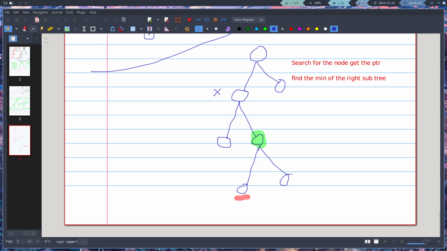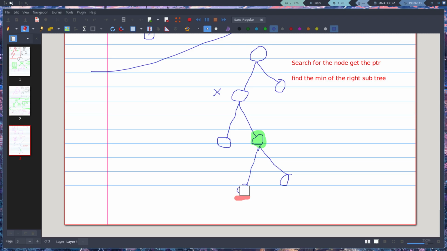And so then what you do is you copy over this value here. Okay? And then you delete this value off. That's what you do. And so then what we've done essentially is reduce this problem, right? If you can imagine, we've copied this value up here, and we didn't break the structure of the binary search tree, because the value, right, on the right, the minimum value of the right subtree, right, is